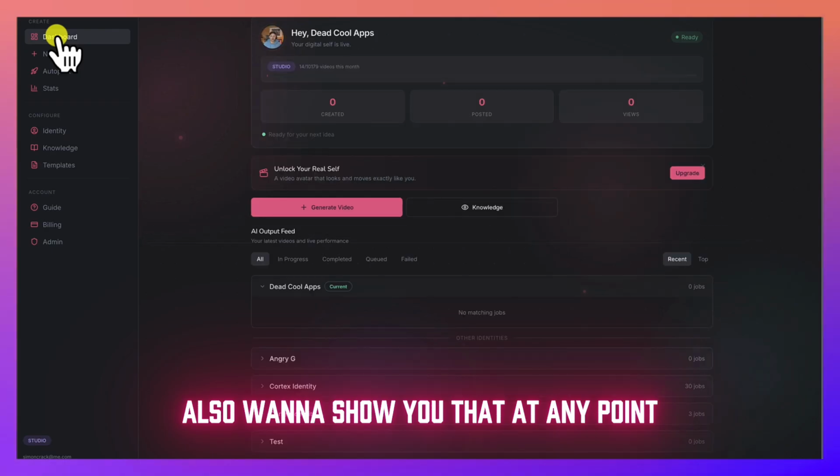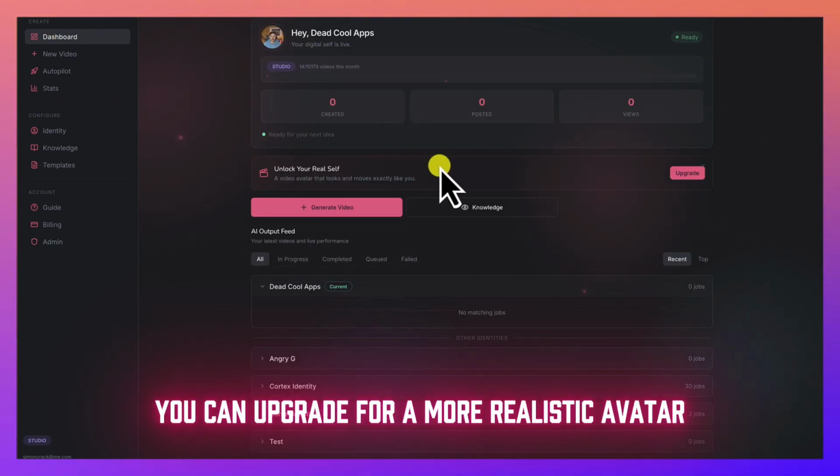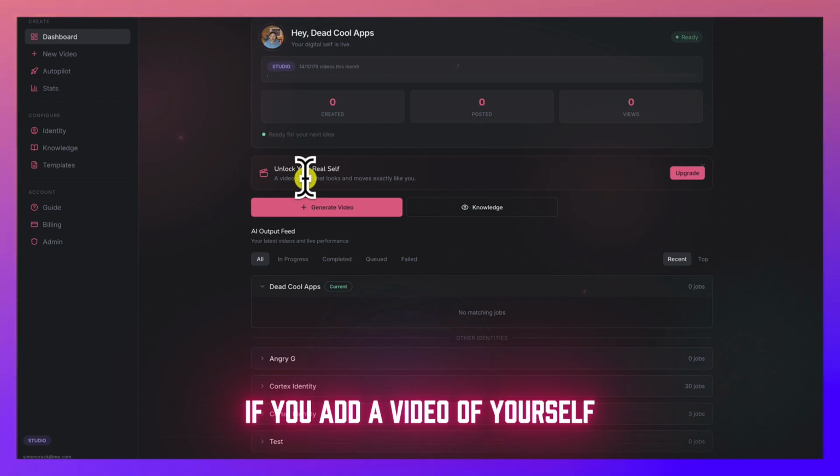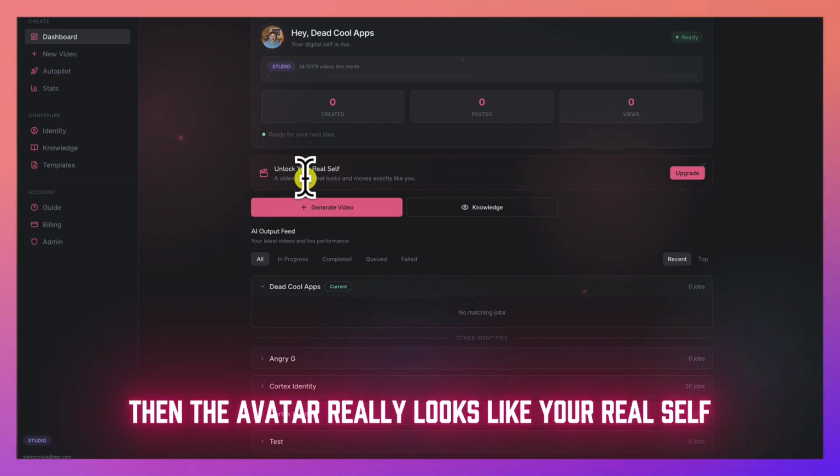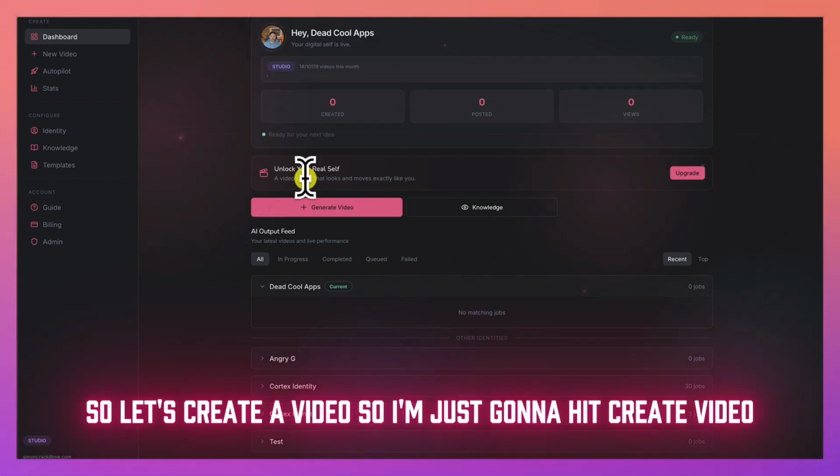Also want to show you that at any point you can upgrade for a more realistic avatar. If you add a video of yourself, maybe a 1 to 2 minute video, then the avatar really looks like your real self. So let's create a video. So I'm just going to hit